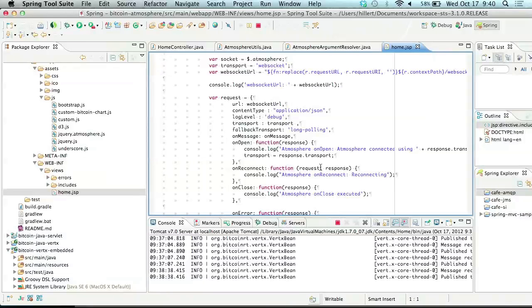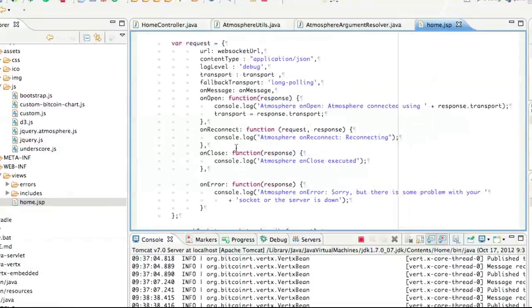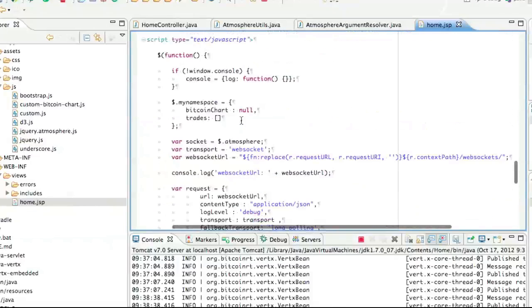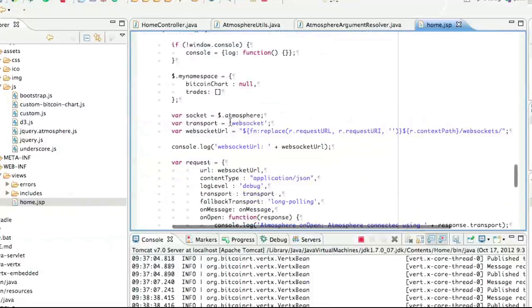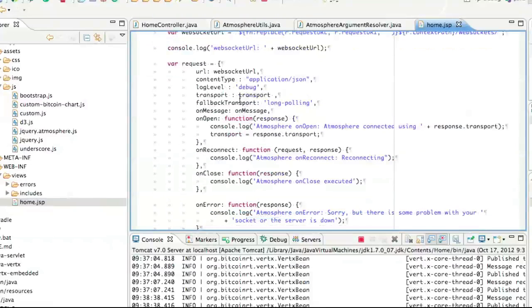And we have a sample in there. So I just wanted to briefly go into the code, what we have. It's the same application, so I'm not going to show it. It basically creates the same UI, and we have the Atmosphere object, and we basically create a request. We provide the URL we want to connect to, the content type, what kind of transport fallback options we are willing to do. So we have support for polling, long polling, streaming, server sent events as well,